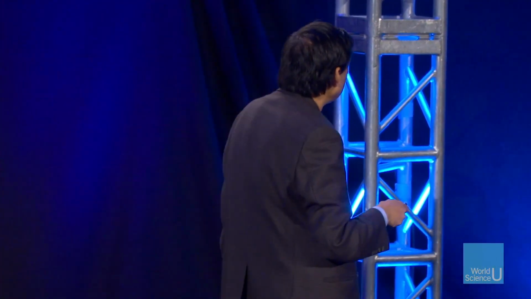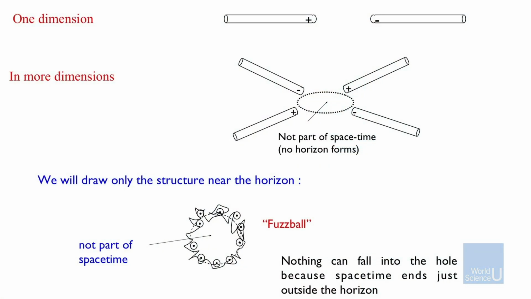And when you actually look at what states the strings make in string theory, when you put the mass enough to make a black hole, instead of shrinking to the usual thing with a dot in the middle and a vacuum around it, this is what you actually end up getting.